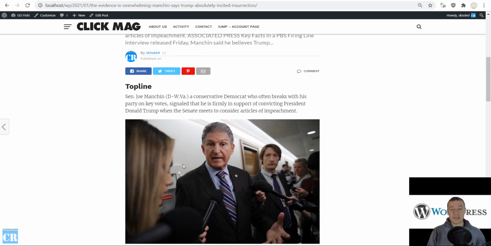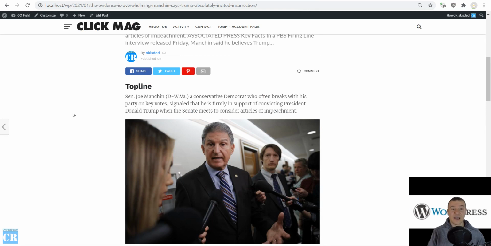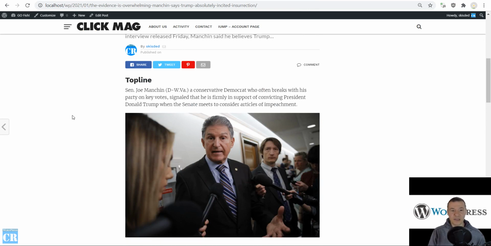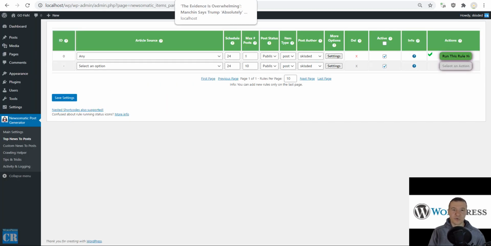So if you see for some sources that you get incomplete content or scraping of the content fails, then you should definitely try out Headless Browser API, because it will probably be the solution for you. It will allow you to scrape content from websites that are not working for you, because some websites use JavaScript to render their content, and because of this, the JavaScript rendered content is not available for the plugin when it uses the normal